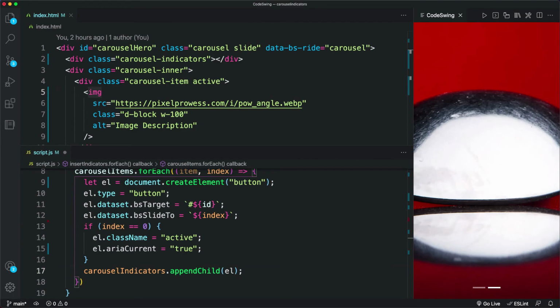The nice thing is that we don't have to worry about how many carousel items we have. Now that we've created the elements from scratch, our carousel works great, and that's one less thing we have to worry about on our page. Now, learning how to manage the DOM, even now that things like React and Vue make it easier for you, is still a core skill that you should be comfortable with.